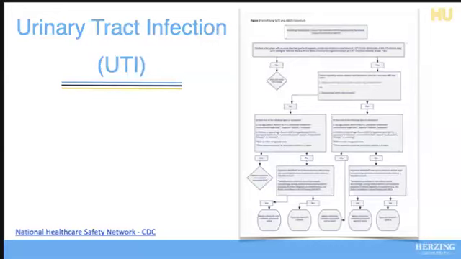So this is why it's important. This link is located in the synchronous session schedule and links announcement. It's from the National Healthcare Safety Network, or NHSN, from the January 2024 site, which is the most widely utilized healthcare associated infection, or HAI, tracking system. The link will take you to the NHSN site for UTIs, specifically CAUTIs, or catheter associated urinary tract infection, and